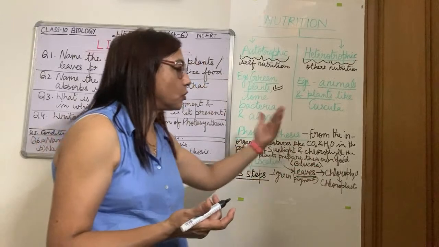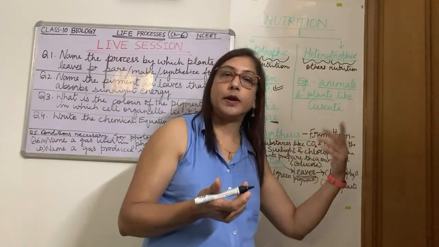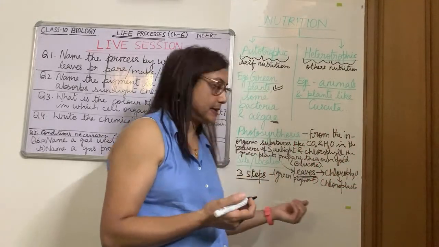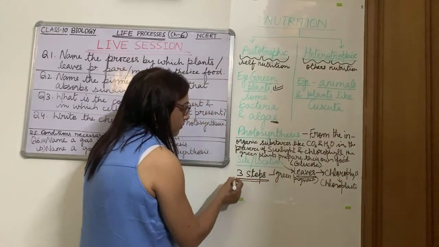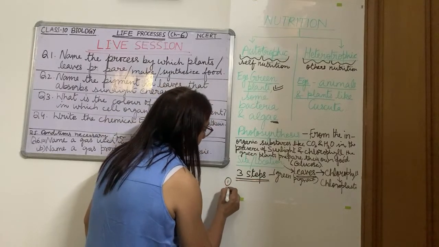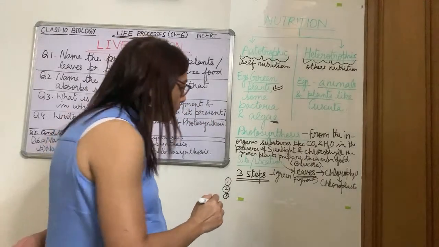So now how this chlorophyll and sunlight are used, what is the mechanism of photosynthesis? Children, there are 3 steps for this. To understand the mechanism of photosynthesis, we'll have to understand 3 steps. It takes place in 3 steps. First is the